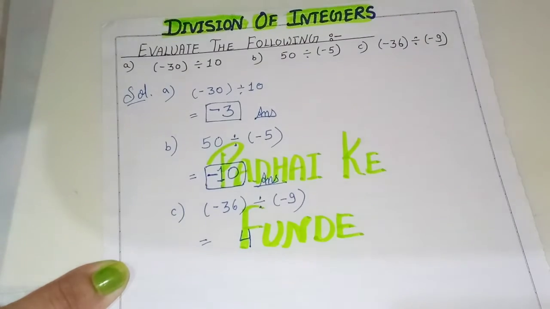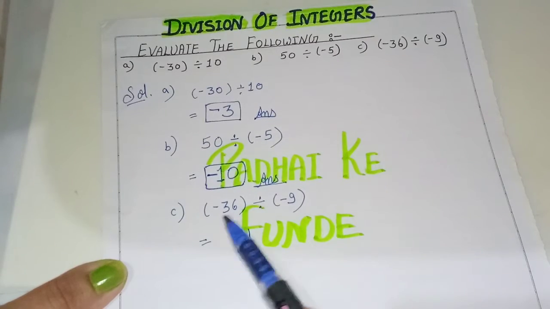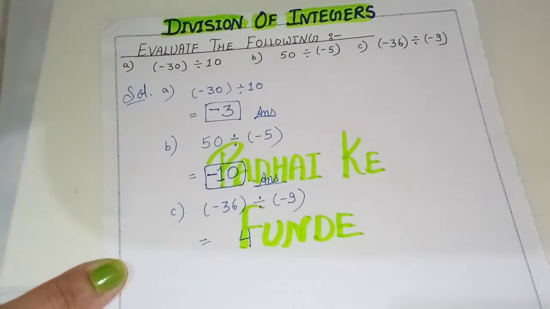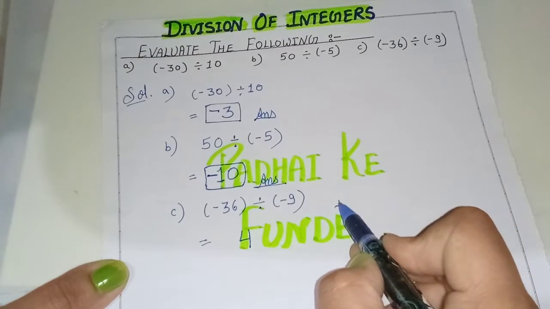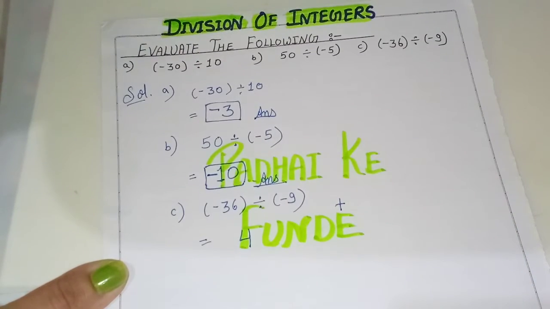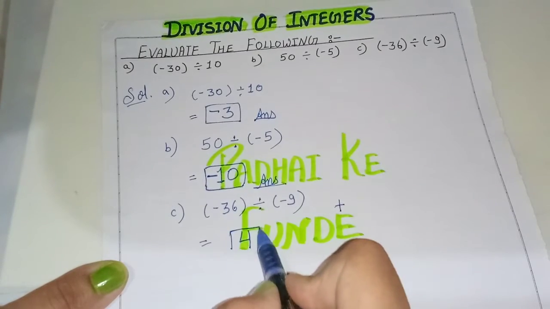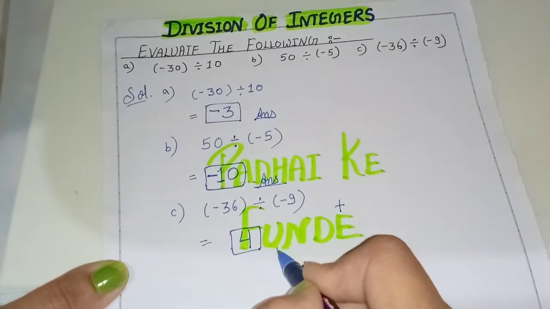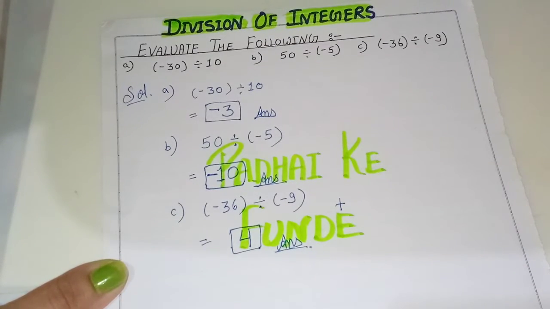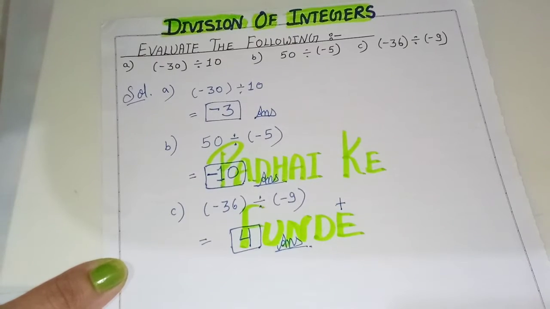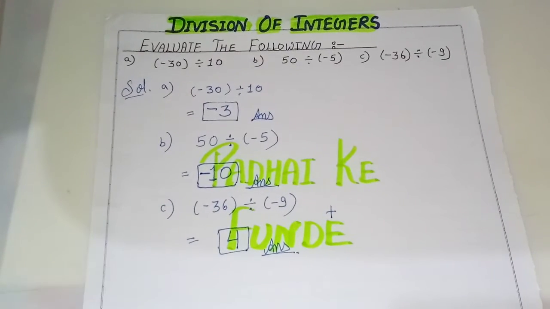Now we have to see that our answer, that is 4, will be negative or positive. So here we can see that we have both the numbers negative. Our divisor and dividend both are negative. So these two minus will join together and these two minus signs will make the sign of plus here. So our answer will be positive. So minus 36 divided by minus 9 is 4. Right? So in case of division, if both the given numbers are negative, so answer will be positive. And if any one of them will be negative, so our answer will be negative.